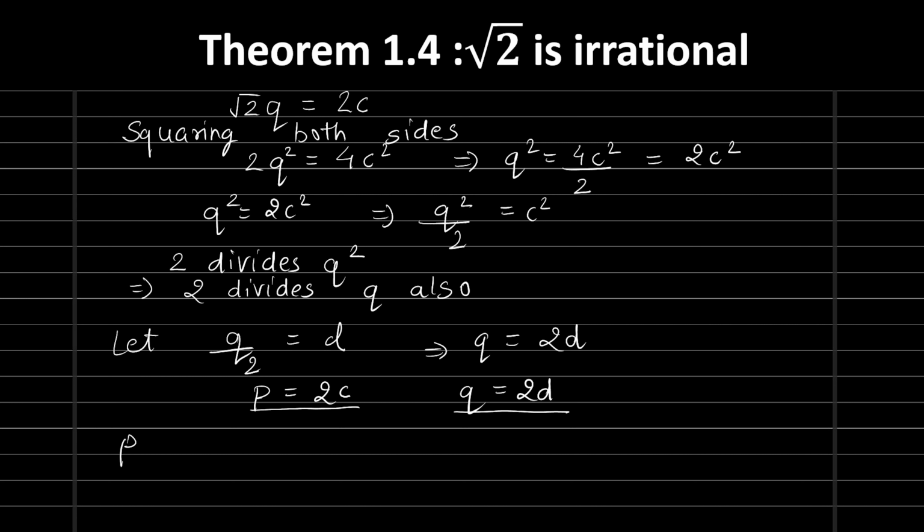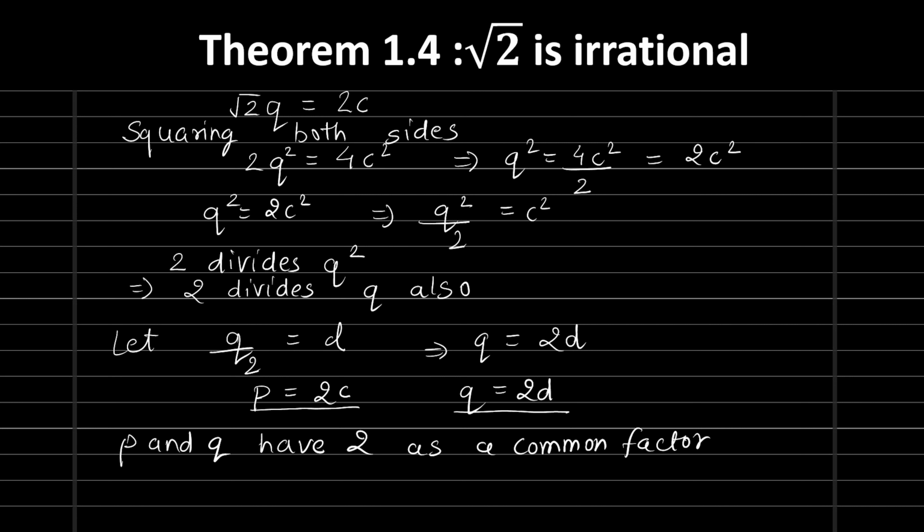P and q, both of them are having 2 as a common factor. But according to the definition of rational numbers, what did we write over there? That if root 2 is equals to p by q, then p and q should be co-primes, right? They should not have any other common factor apart from 1. But here, as a result, we got that p and q are having 2 as a common factor, which implies